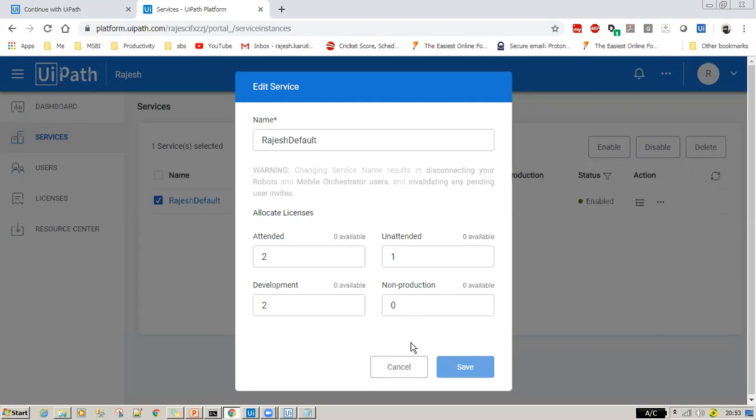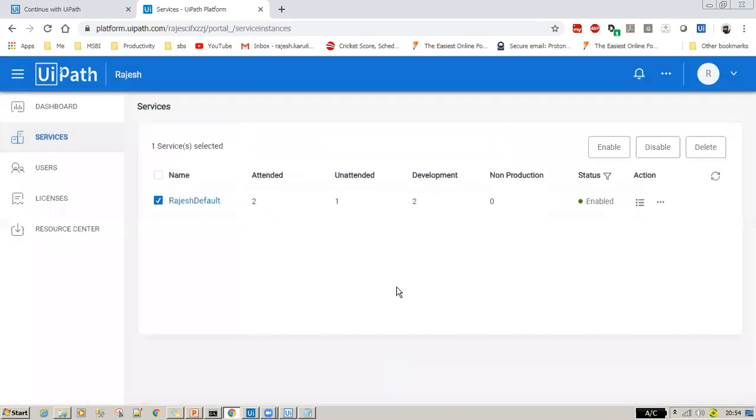Just give these numbers and don't worry too much about the licensing perspective. Hit save. Once you have done this, the status changes to enabled. Once the service has been created and the status is enabled, click this default service name.